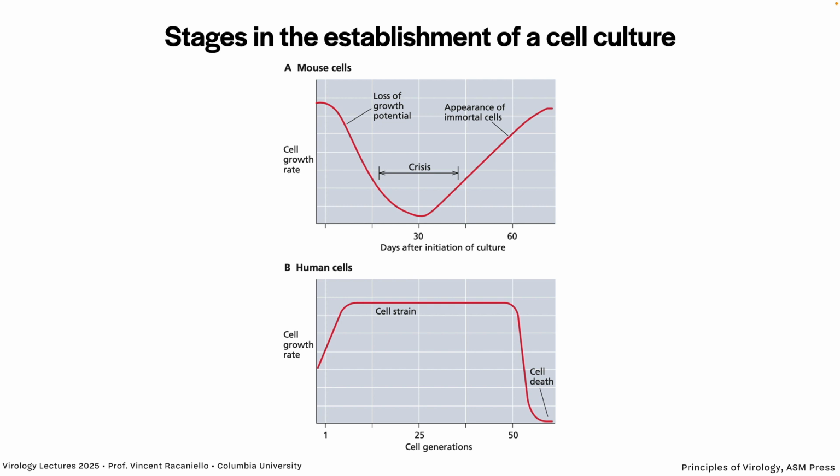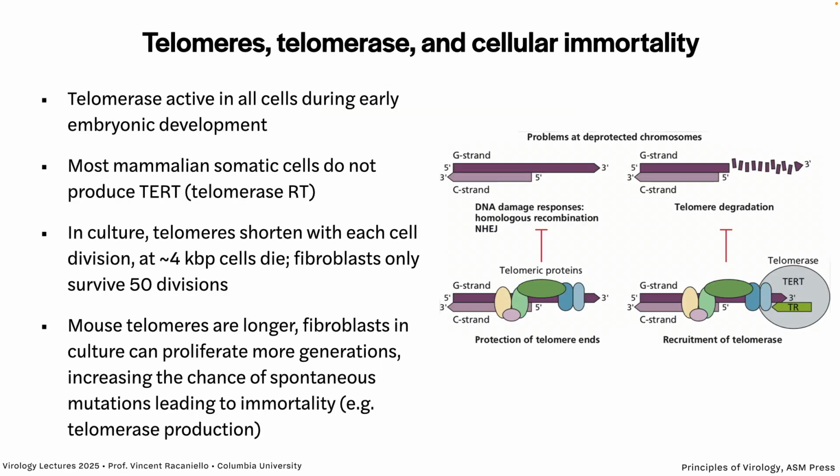Now, if you do the same thing with human cells, you could take human foreskin fibroblasts, for example, and you plate them out. They will grow for some generations, and then they will die. You never see transformants emerge unless you do something to the cells like we did previously. Now, why is this difference? This difference is illuminating, actually. It has to do with telomeres.